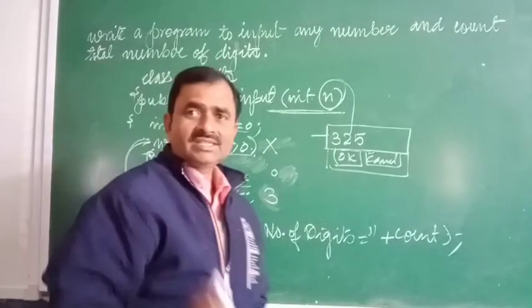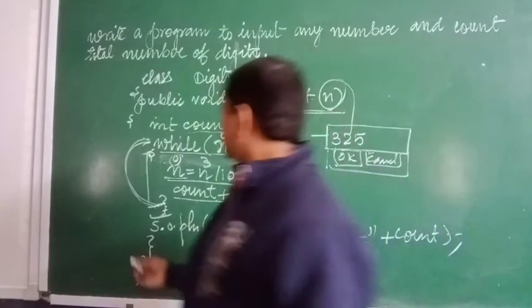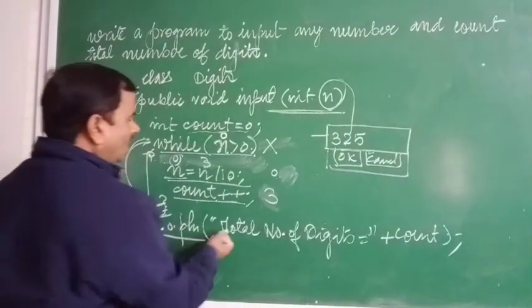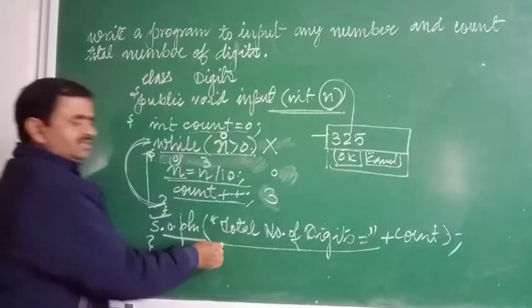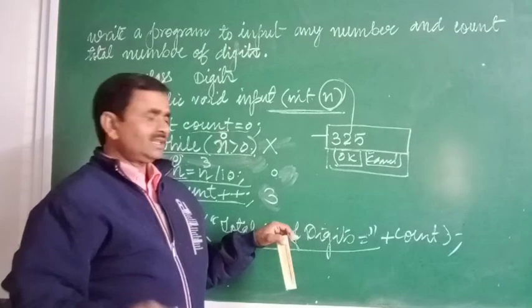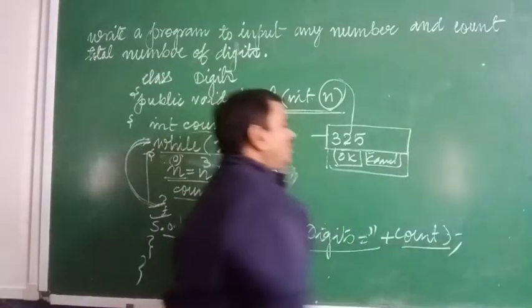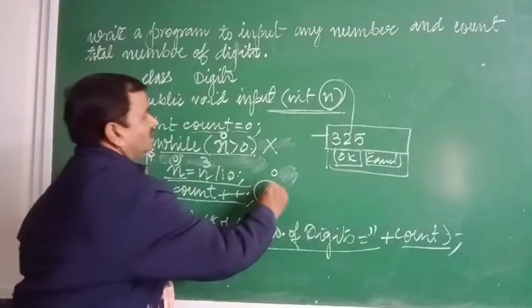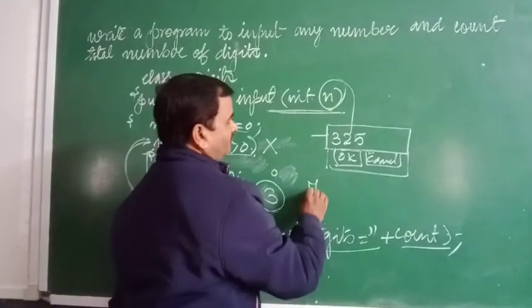Okay. So what is written there? System.out.println is written. This line will be executed, and whatever you have written in the double quotation marks will be printed as it is. So "total number of digits equal to" is the message that will be displayed on the screen at the time of printing, plus count, and the value of count is 3 as it is counting here. So the answer on the screen will be